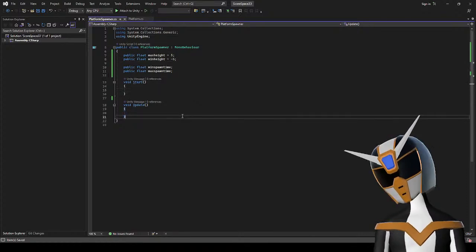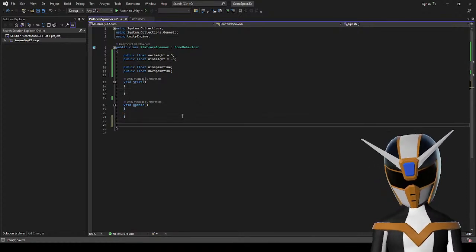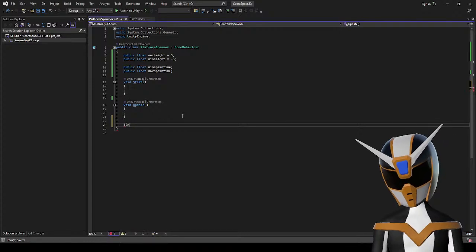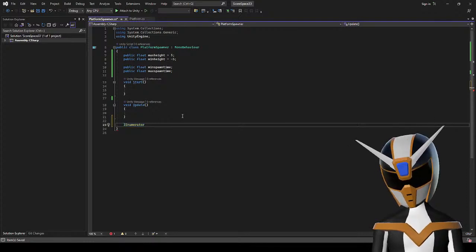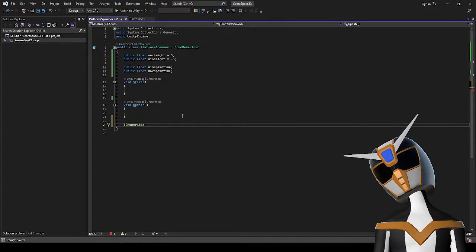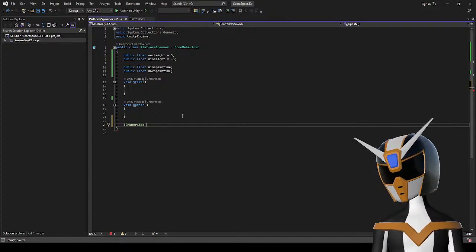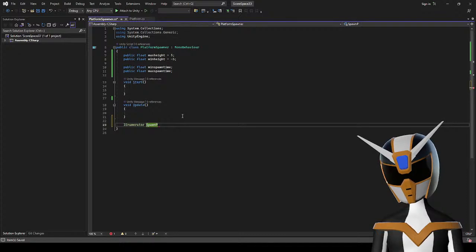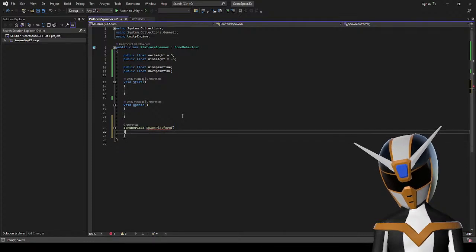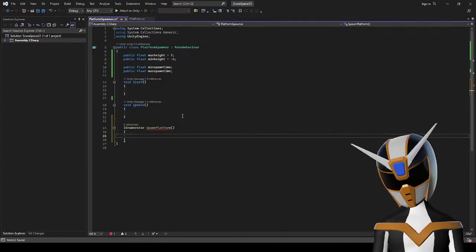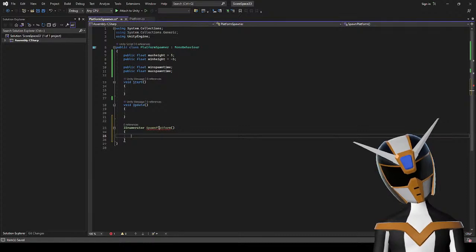And then I'm gonna need a coroutine. IEnumerator. Should I call it SpawnPlatform? What's the problem with this?